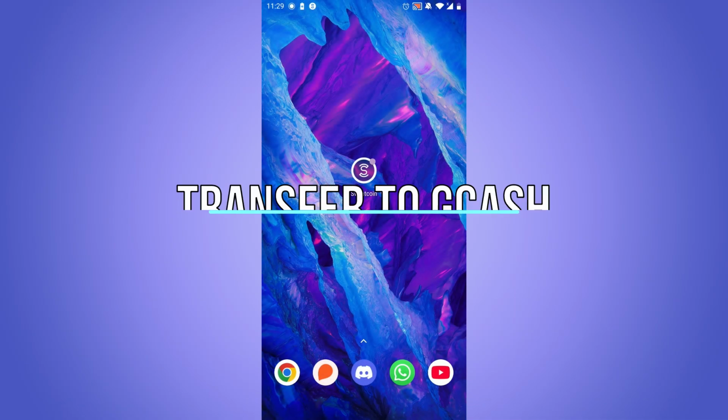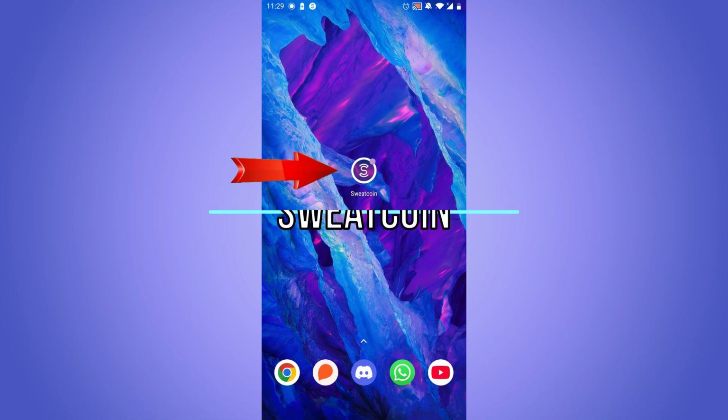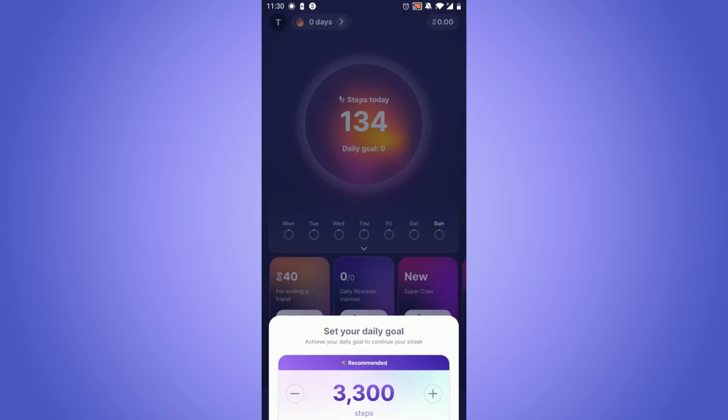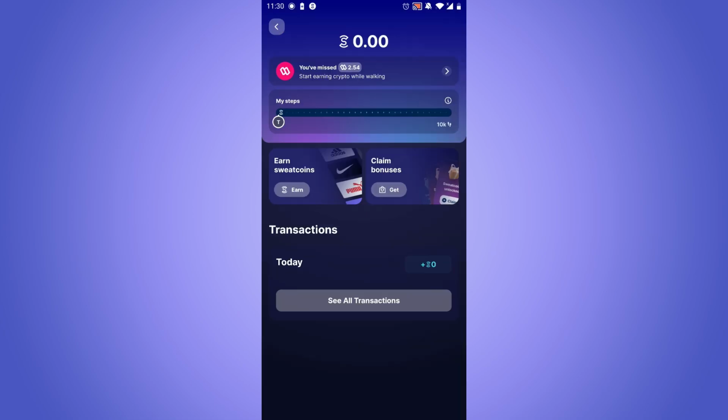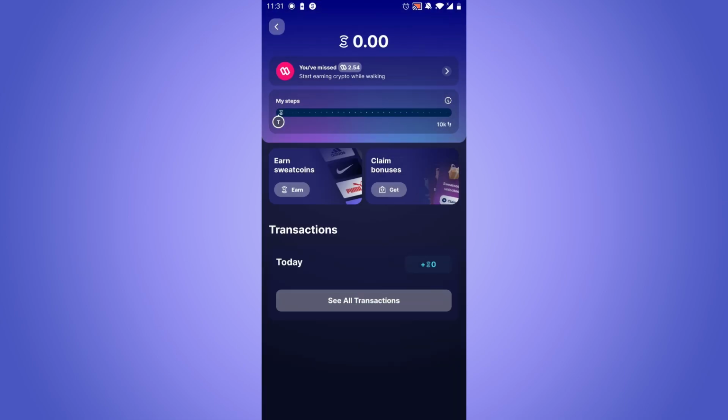Welcome, today we're going to show you how to transfer Sweetcoin to Gcash. So first you need to open Sweetcoin, as you can see from here. After that you need to set up your account. After you have set up your account and everything, you need to click on the top right corner, as you can see from here. From here you will see all the ways that you can transfer your Sweetcoin to any